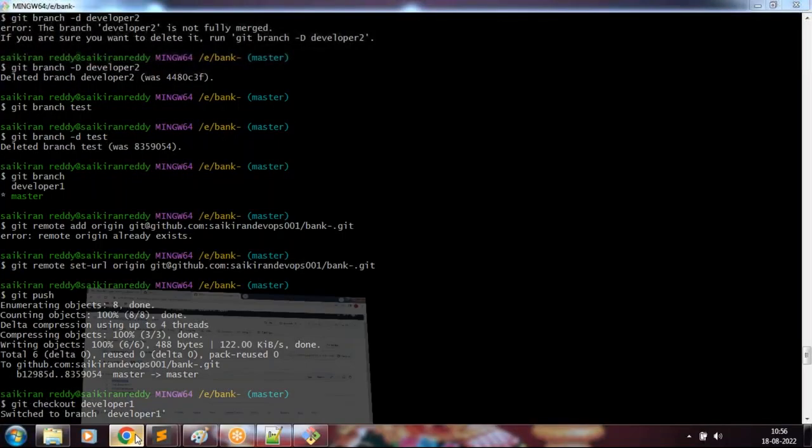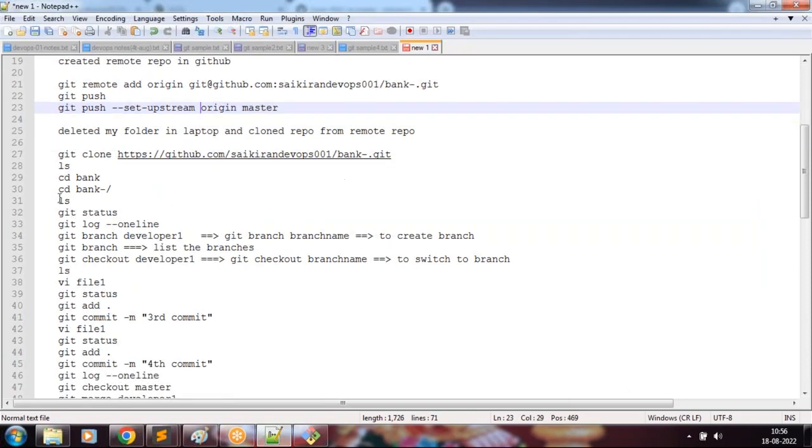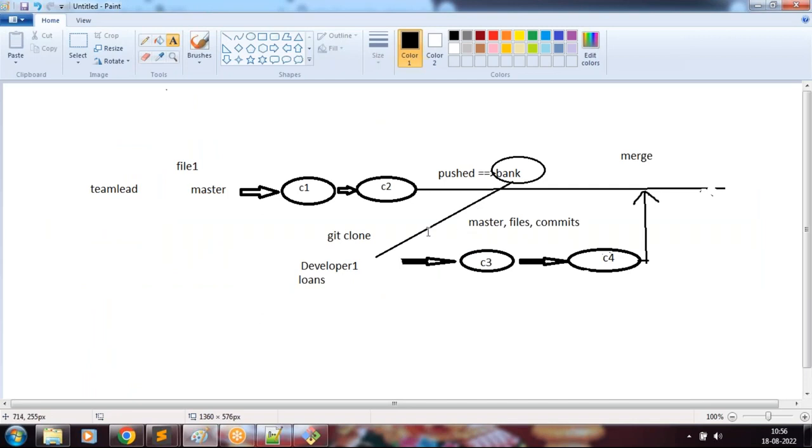There is my GitHub repository. Yeah, from here I pull the code. Okay, pull the code, and by default it will import one branch called master branch. It will import files and it will import